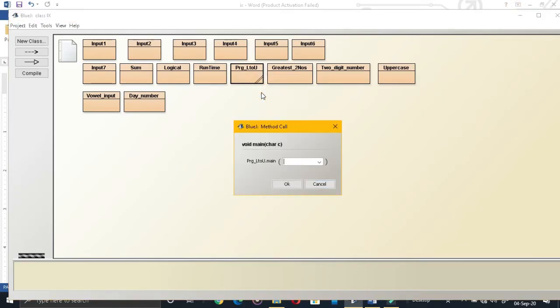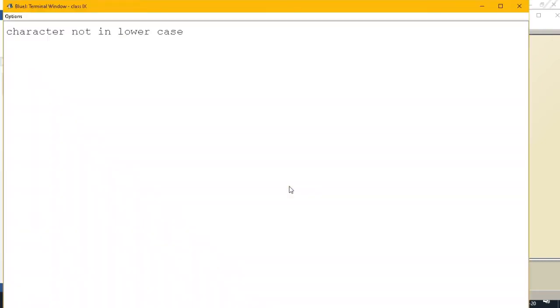This is the output screen. Character in uppercase A. What was your input? Small letter a. What is your output? Capital letter A. This is your program. Okay. Now I am running it again, giving here 7. Is it a letter? You may have doubt now what will be the output. Just see the output. Character not in lowercase. So you have the proper message.